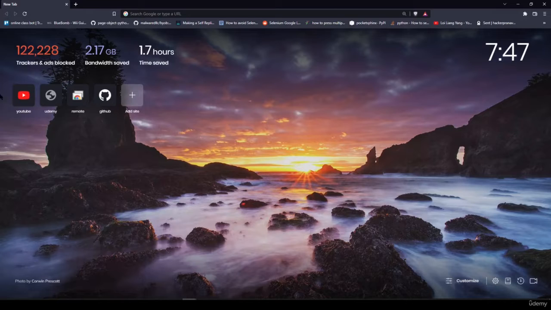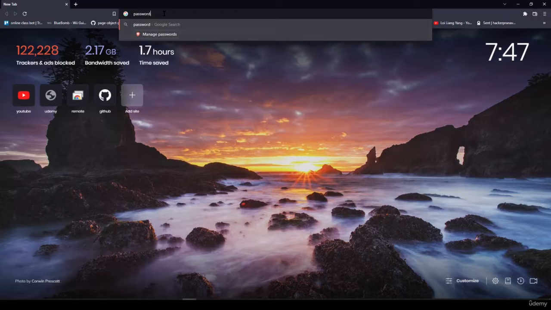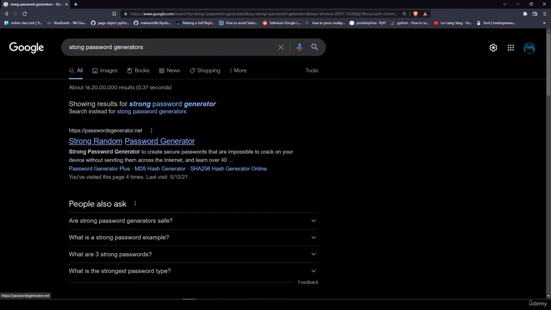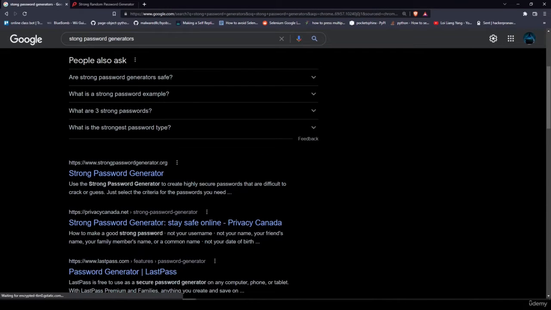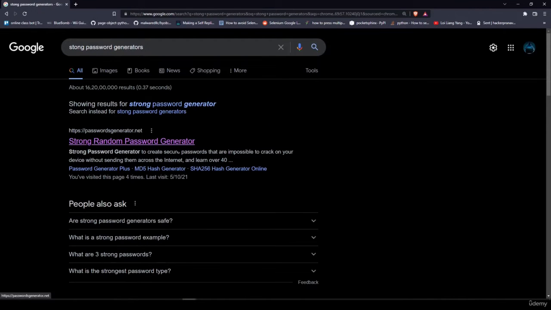If you just go online and search for password generators, or strong password generators, we have a lot of them. Like this first one, we have a lot of online tools, online utilities that can help us generate strong passwords, with all these special symbols, numbers, lowercase letters and uppercase letters as well. So there are a lot of utilities that you can use, but we are going to build a